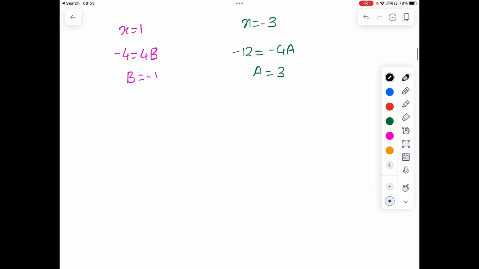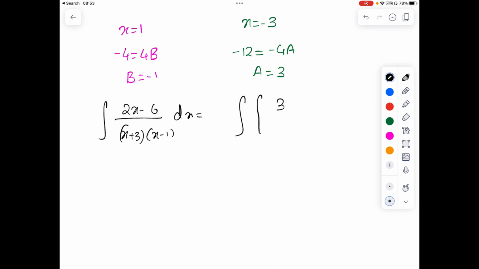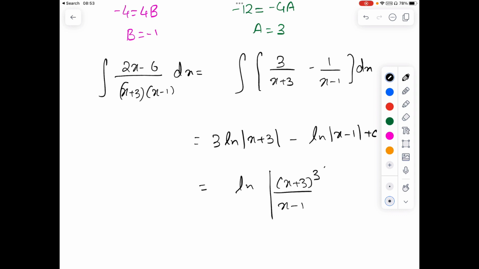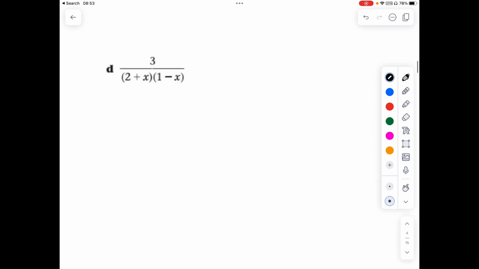So what will be the integral now? The integral of (2x - 6) upon (x + 3)(x - 1) dx equals the integral of 3 upon (x + 3) minus 1 upon (x - 1) dx. So it becomes 3 ln|x + 3| minus ln|x - 1| plus C. So simplify that: ln of (x + 3) whole cubed divided by (x - 1), absolute value, plus C. Part D,